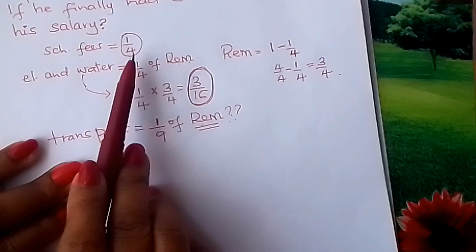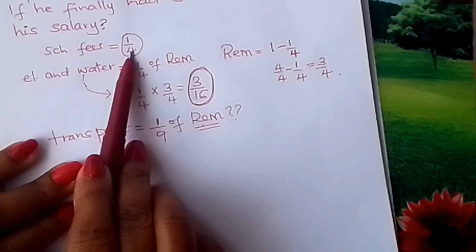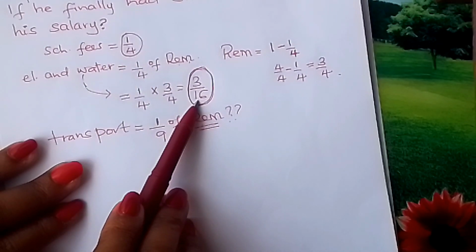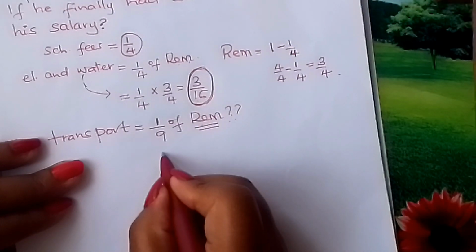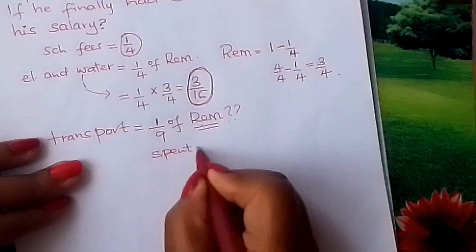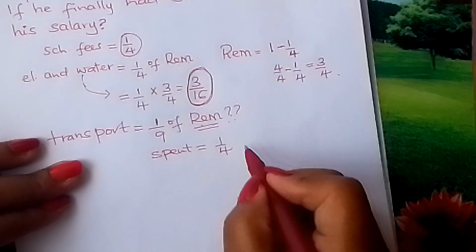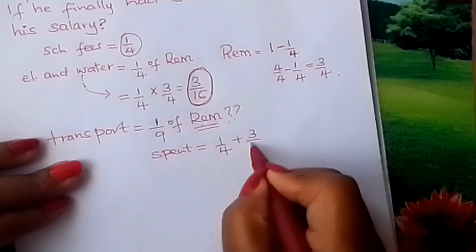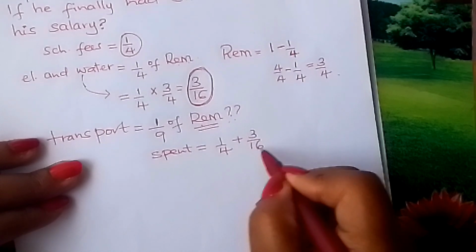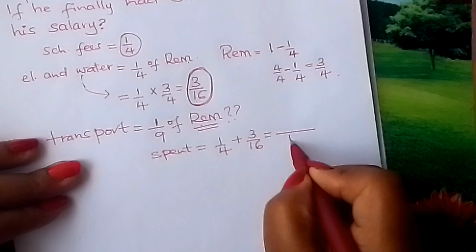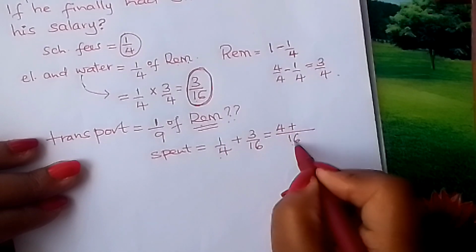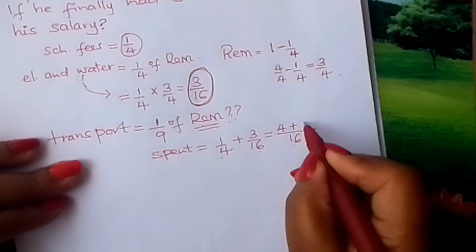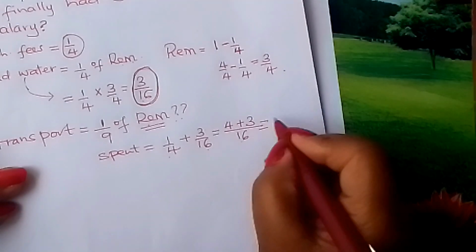You will take what he spent. He spent a quarter on fees, 3/16 on water and electricity. That is what you first do, you add. So, up to here he had spent a quarter on fees and 3/16 on electricity and water. In total, you add, LCM 16: this divided by this is 4, times that is 4, plus this divided by this is 1, times 3, 3. So, Charles has already spent